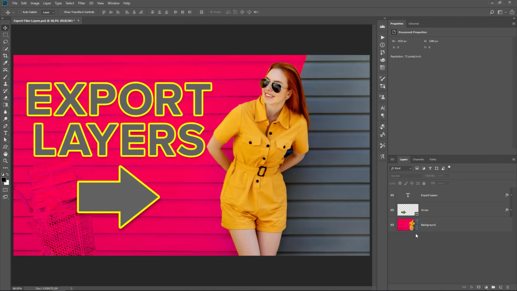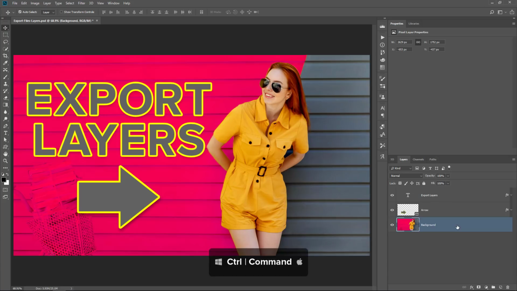Now, this is the old way of saving layers as files in Photoshop. Photoshop CC has a new way of doing it, which in my opinion is actually better. Let me show you how that works. You can simply click on a layer to select it and hold Shift to select multiple layers. Or if you want to skip between layers, you can select the layer and press Control, that's Command on the Mac, and click, and you select non-consecutive layers.